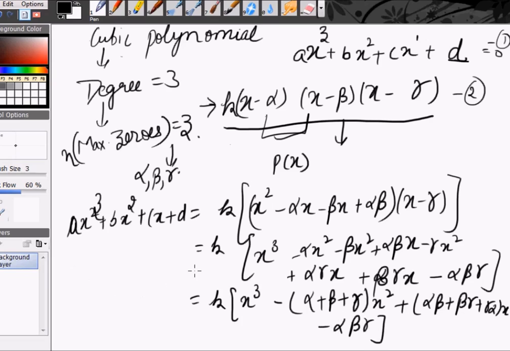Now if we compare all the terms, we'll be getting clearly kx cube and ax cube are comparable